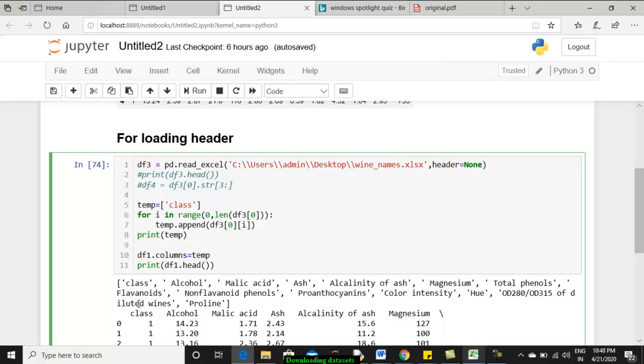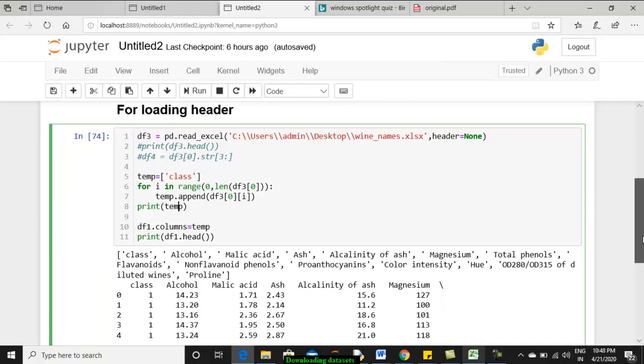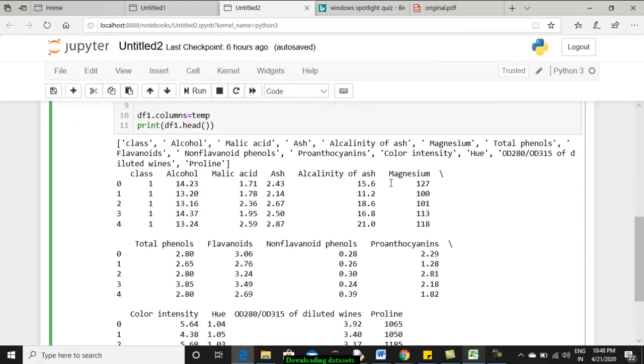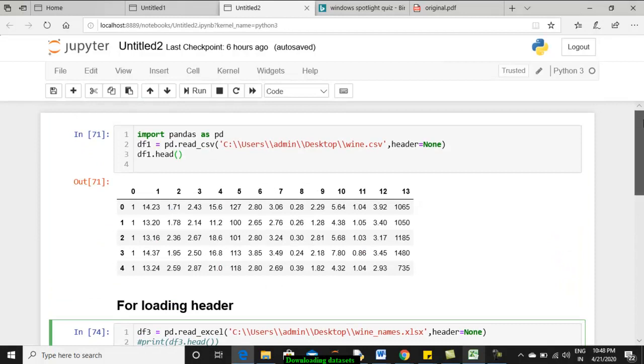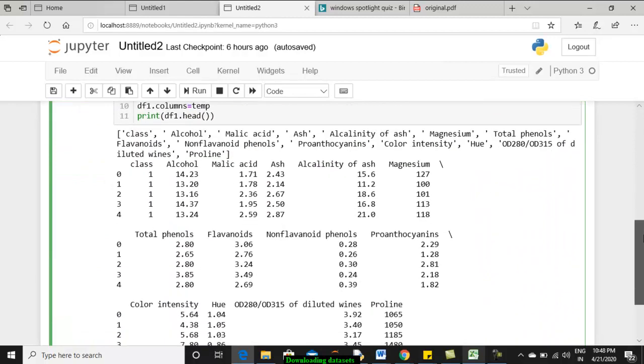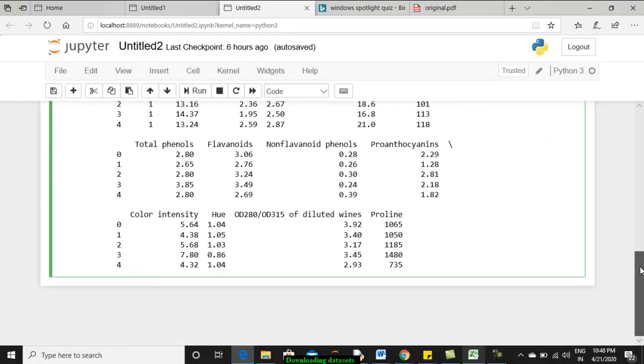Once printed, you can see all the column names or attributes attached to the list. Now df1.columns is equal to temp. Columns refers to the headers, and hence it will create a header. Finally if you print the data frame df1, you can see the difference. Before attaching the header, the headers were indexed 0 to 13 by default, but now all the headers are linked with the corresponding names.